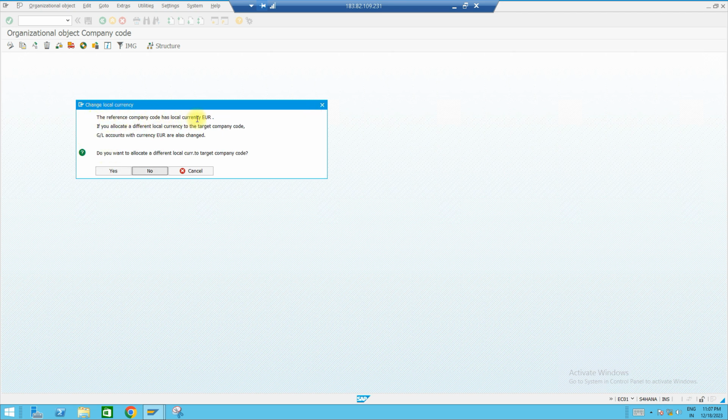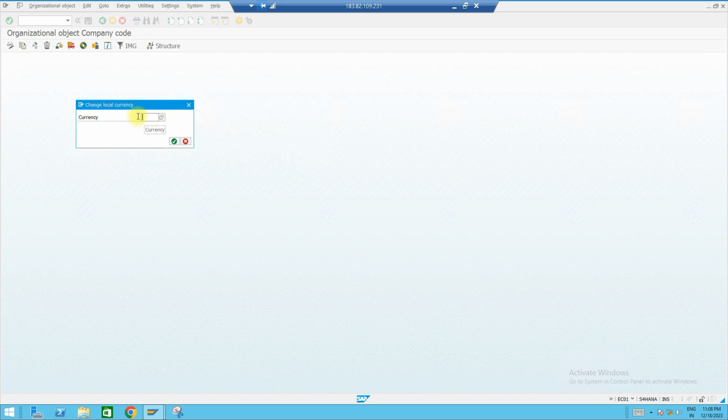So here it is saying reference company code is having a local currency as euro. So the company code from which you are copying, that is having a local currency of euro. So now if you want to give some other currency, like we have taken our company code in India. So in India, the default currency is INR. So it is asking you, do you want to allocate a different local currency to the target company code? So we will be clicking on yes, and here we will be providing our local currency. So we will be giving here INR. Okay, so this is our Indian currency. Okay, click on continue,